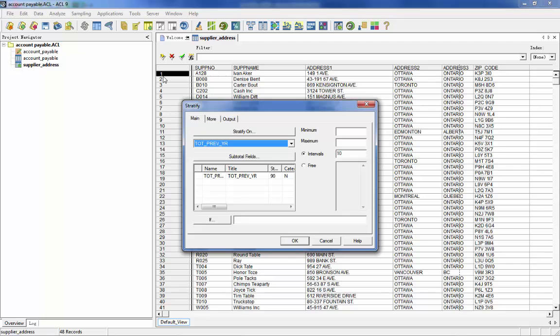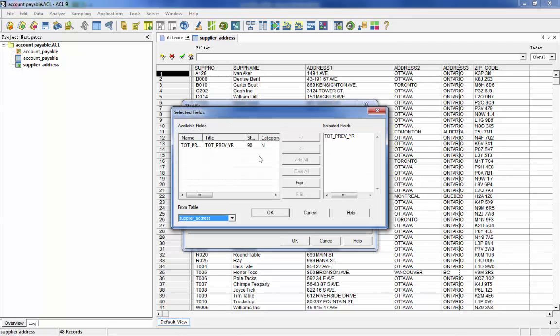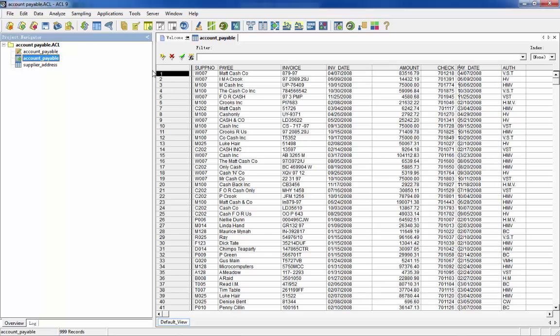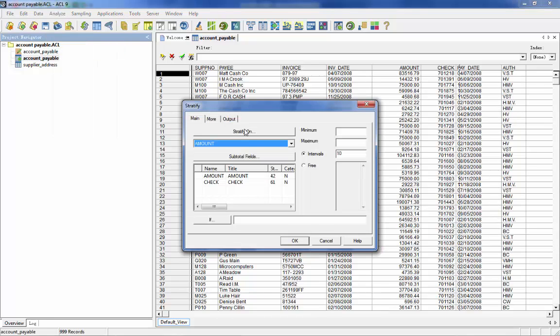So first you need to choose a variable to stratify on. So we go to account payable data, Analyze, Stratify. First, you can simply choose amount to stratify on, and the subtotal field will also choose amount. Then you can choose the number of intervals. You can either choose to have intervals with equal width, or you can define it by yourself. Here we define ourselves. Now we type in the intervals,